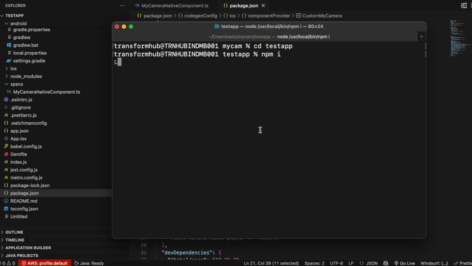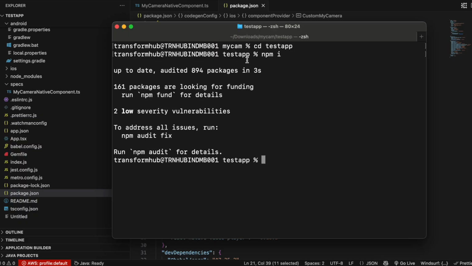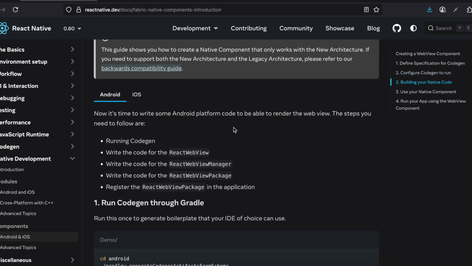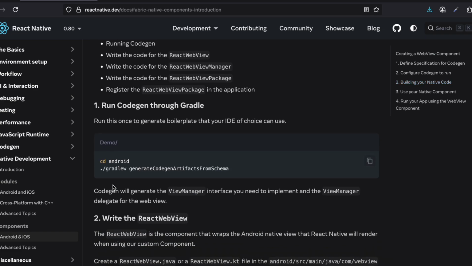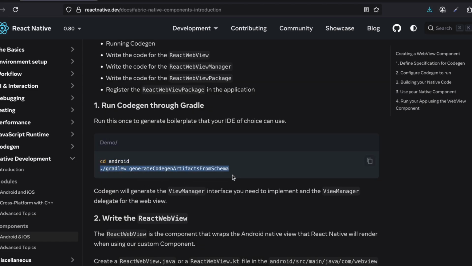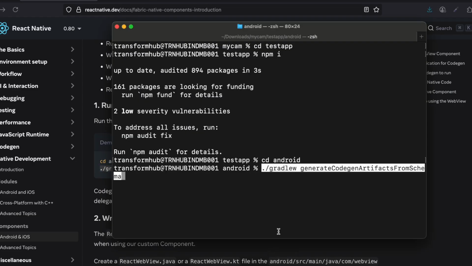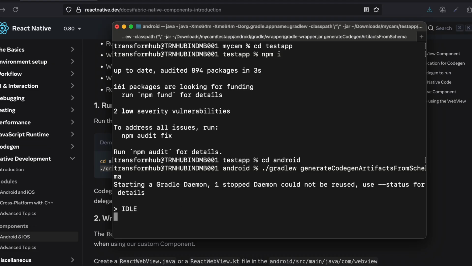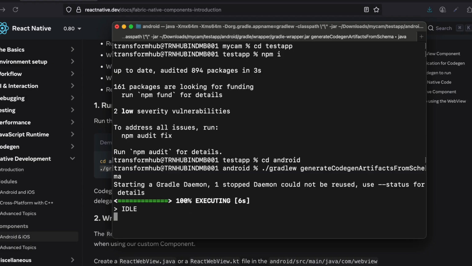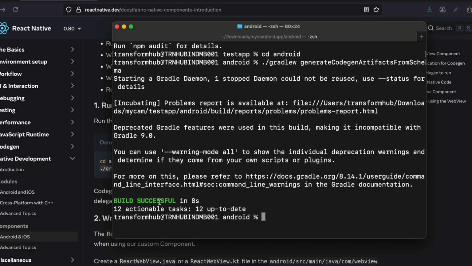So yeah, this step is not given in the documentation, but I think it's better to do it, otherwise we will face unnecessary issues. Now we need to run the code generation command. We are only doing it for Android, so you can just copy this command, paste it over here, and then run this particular command. I have already run this command, so it will be pretty quick for me, but if you're doing this for the very first time, it might take a bit of time, like 2 to 3 minutes depending on your machine. So just be patient. Here you can see you should see build successful at the very end. Once this is done,